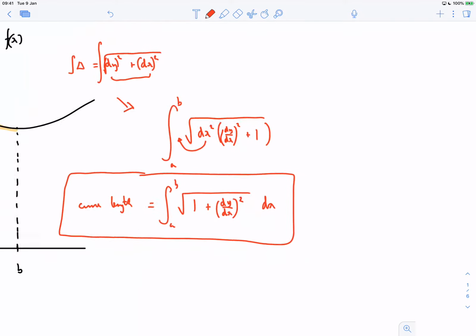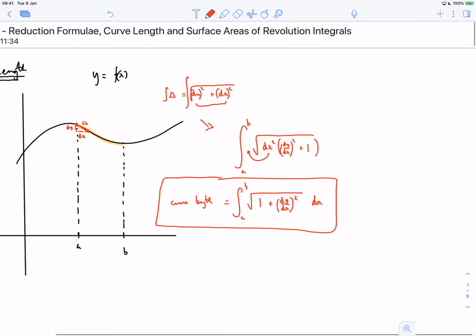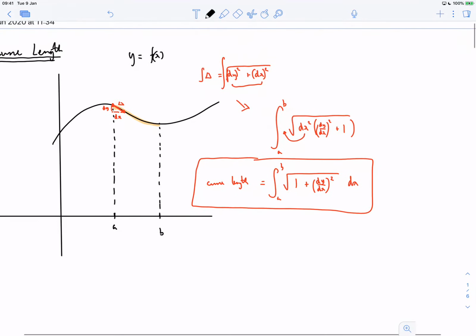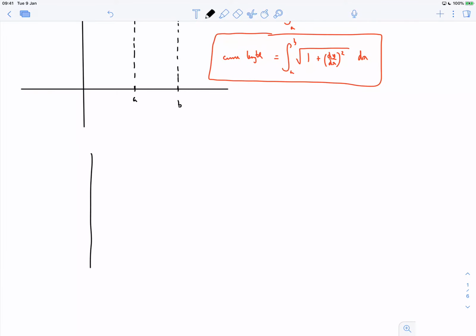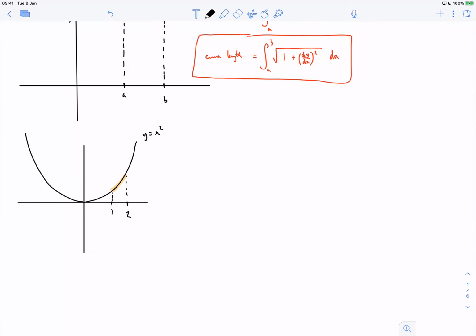So if I want to know how long a curve is on a particular interval, all I need to do is take the derivative, square it, add 1 to it, square root it, and then integrate that between the two bits that I'm interested in. So say for example, I've got this. Let's take a really easy example. Let's suppose I've got a parabola and it's looking like this. So this parabola is y equals x squared, and I'm interested between 1 and 2 the length of the curve in that interval there. Well, we'll just do what the equation says, and let's separate this for good measure,